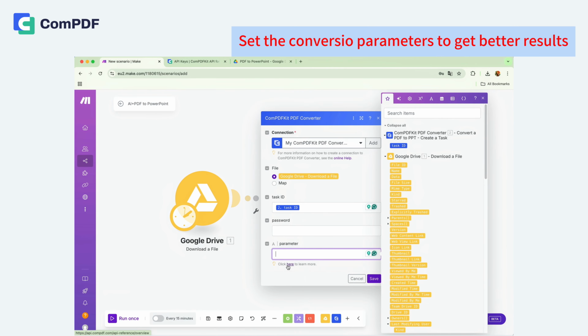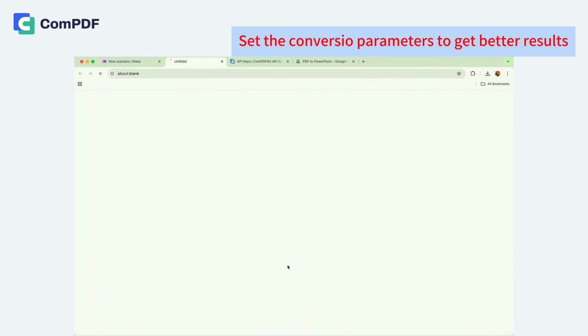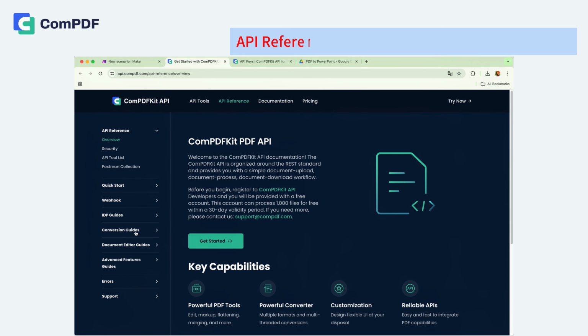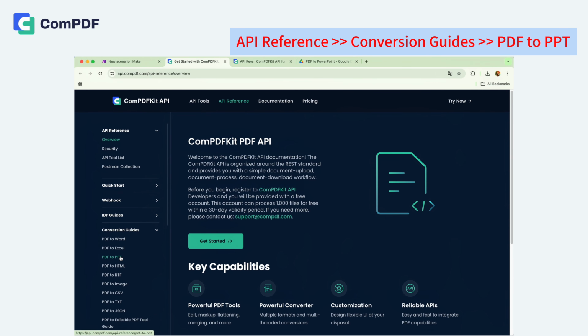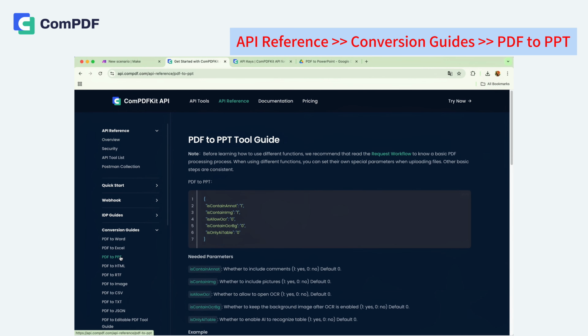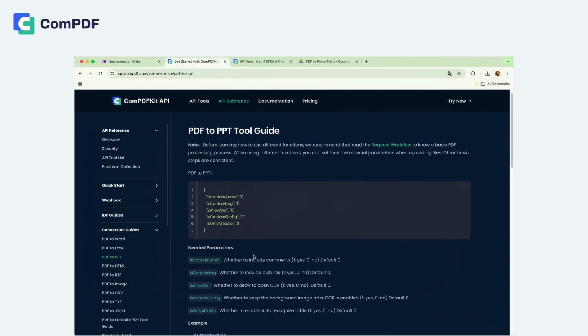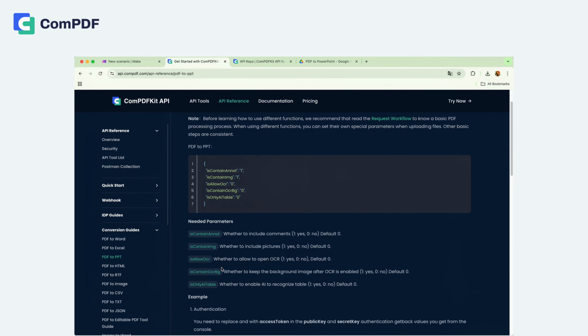For better conversion results, click here to get the reference code for the parameter settings. Click Conversion Guides, Convert PDF to PPT. Here, you can learn about all the parameters. For example, whether to include comments, images,